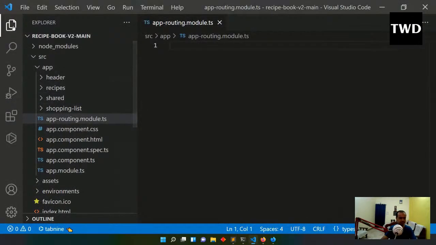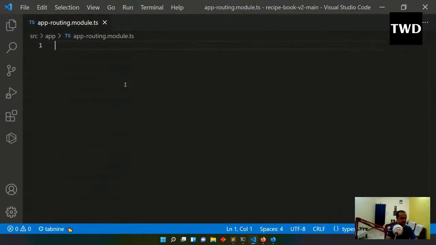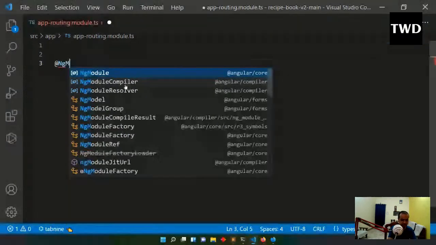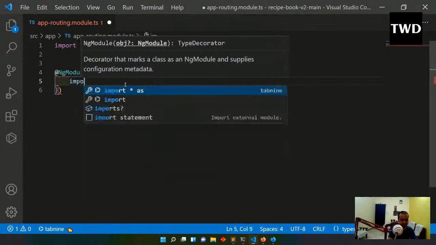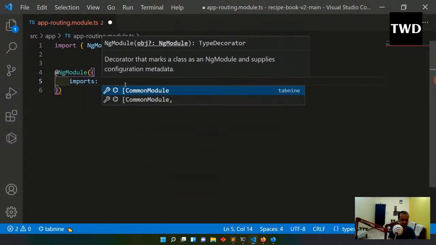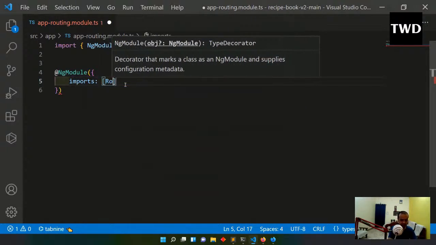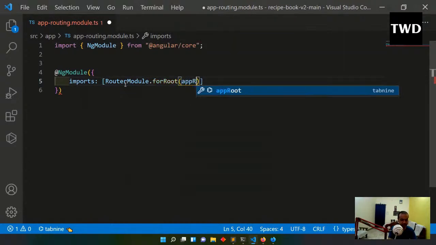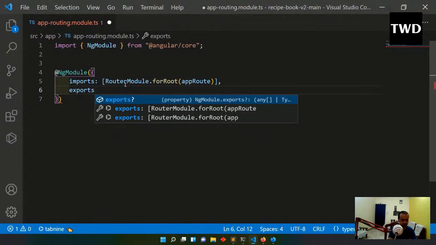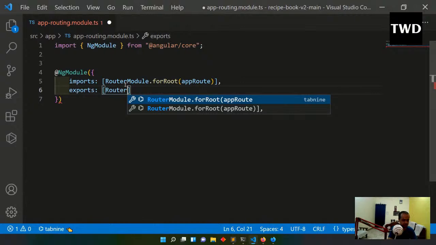Increase the font size a bit. Okay, and add NgModule. So this routing file is a lot like our app.module.ts file, with imports. RouterModule.forRoot, it will be appRoutes, which we are soon going to create, and then comma, and here exports RouterModule, export this RouterModule,